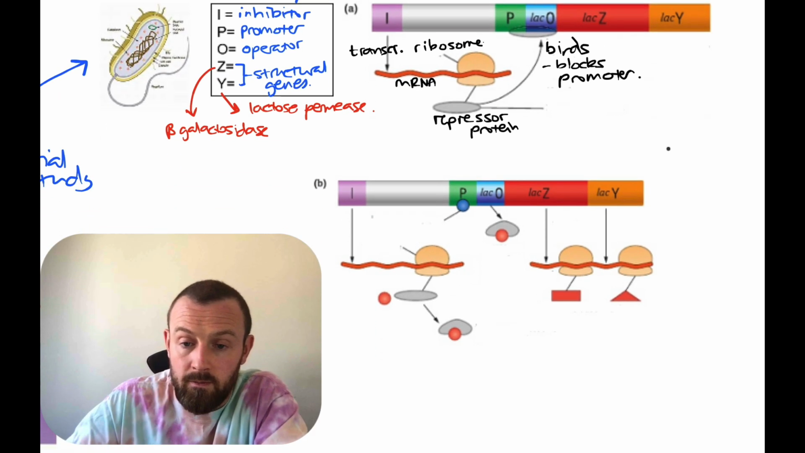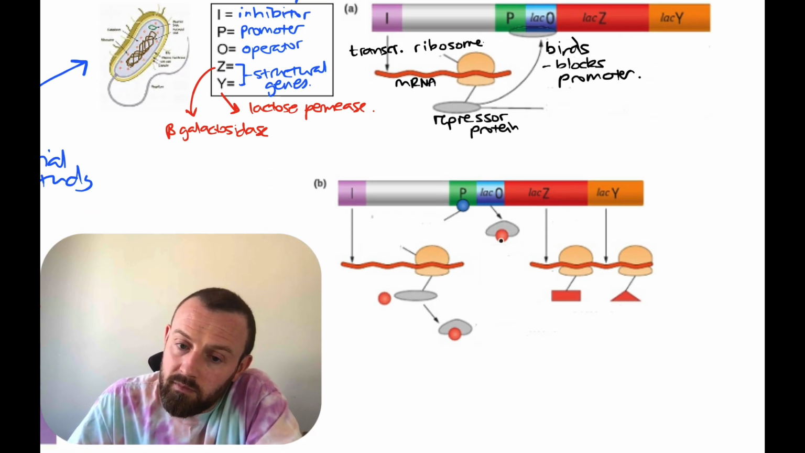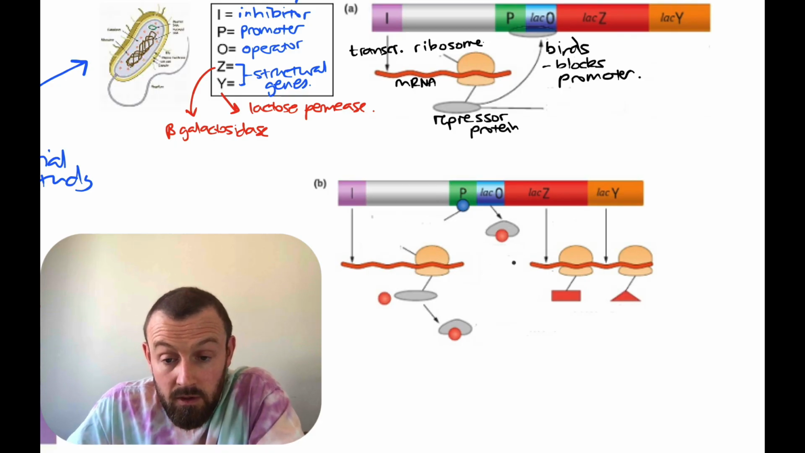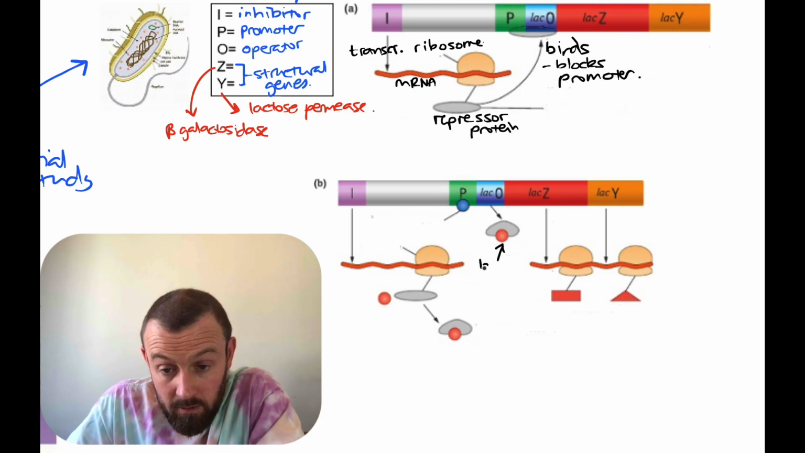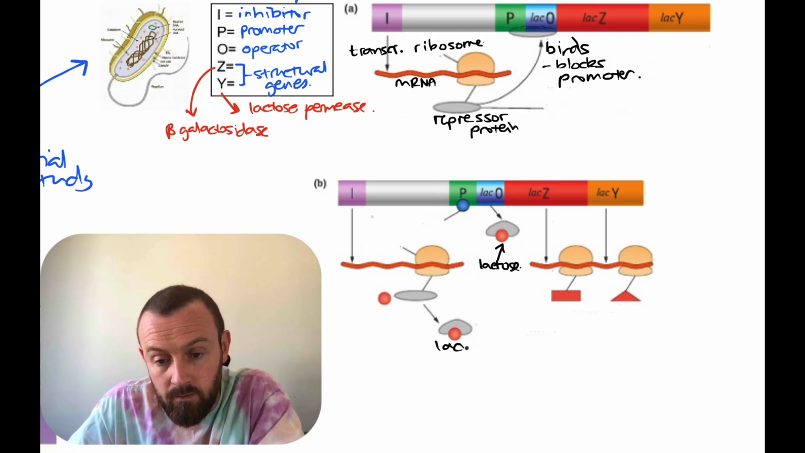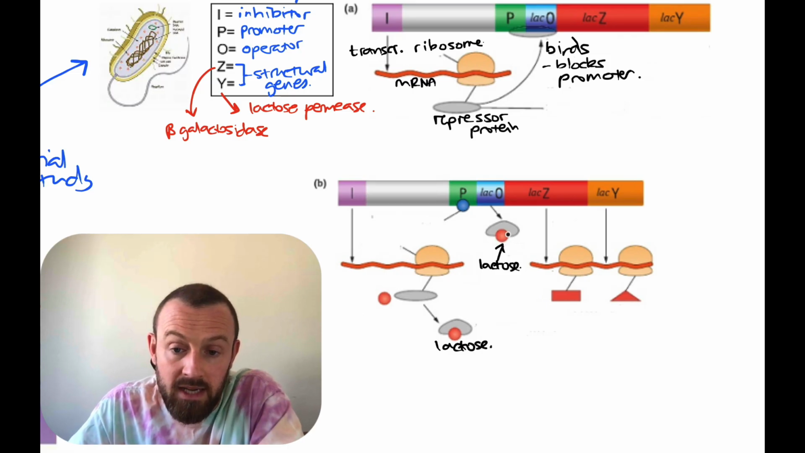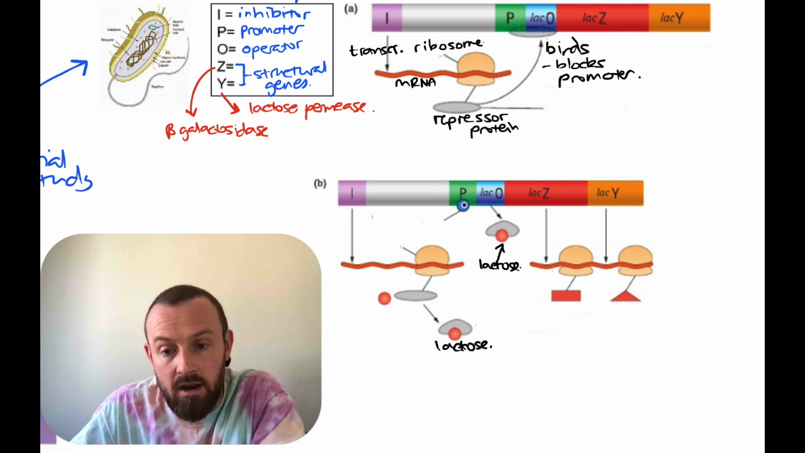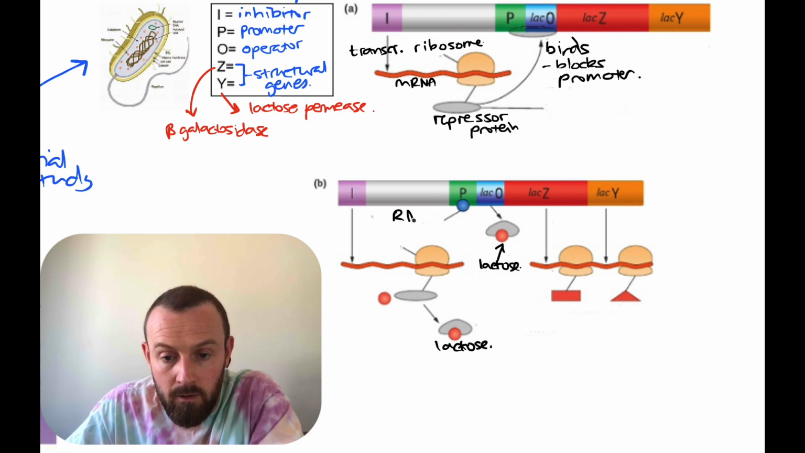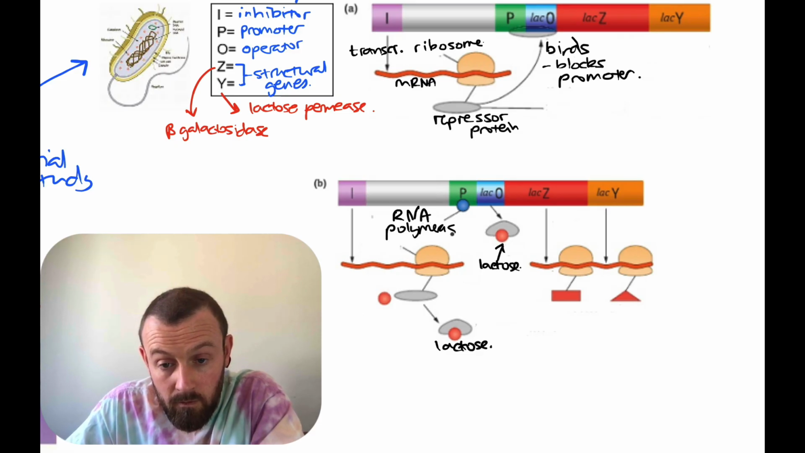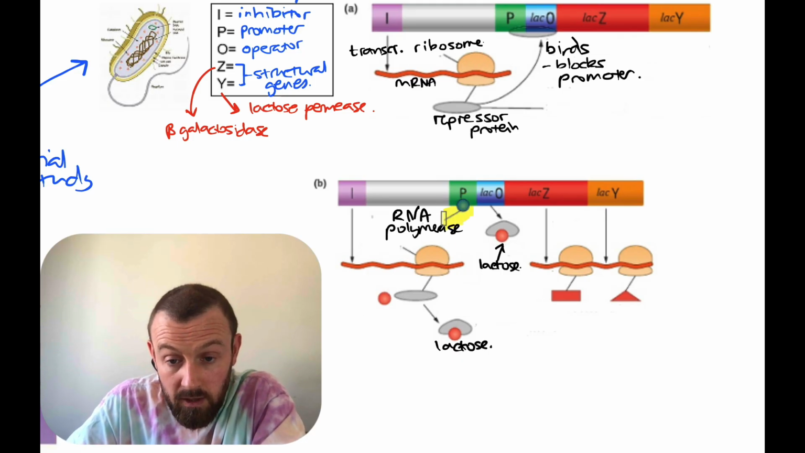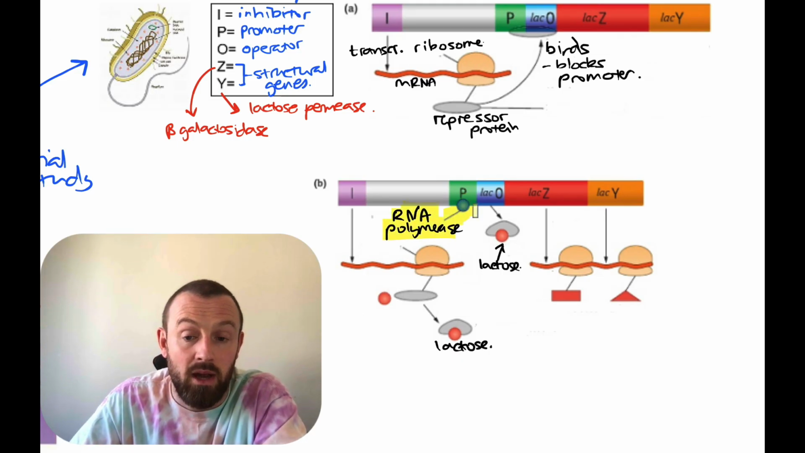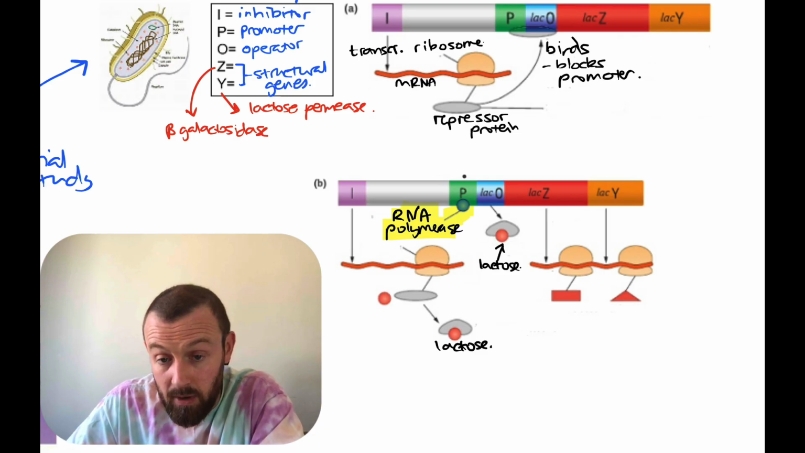But if lactose is present, so this little red molecule here is lactose. If lactose is present, and here's again lactose, is binding, that means that the repressor protein can no longer bind here. So then P here, this would be the RNA polymerase, is this molecule right here, this little yellow thing. I'll just highlight that. So RNA polymerase can bind, which means that when it binds,